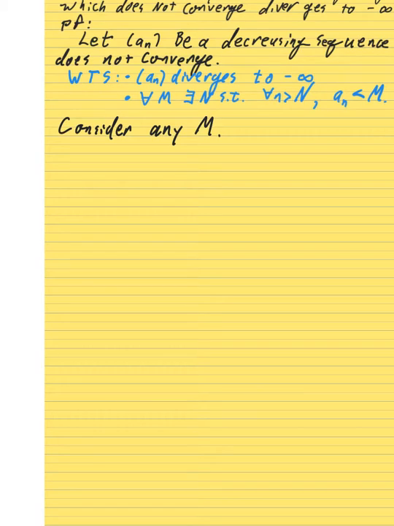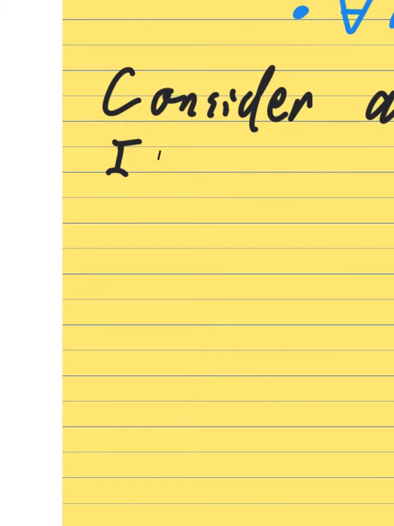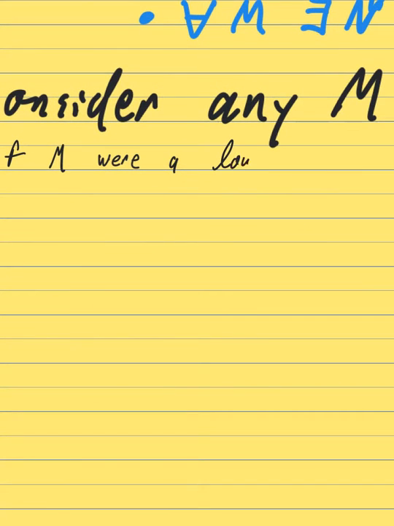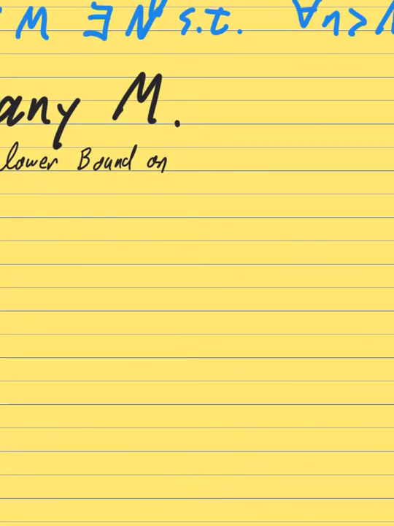Consider any big M. I need to come up with a choice of big N. What do I know? I know that this sequence does not converge. And how am I going to come up with this choice of big N? I'm going to show that big M is not a lower bound on the sequence. So let's try to do that. So let's see. If big M were a lower bound on the sequence,